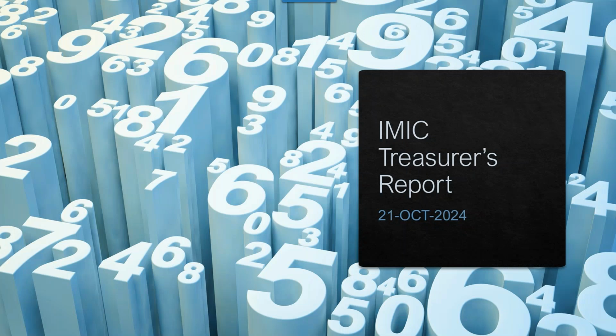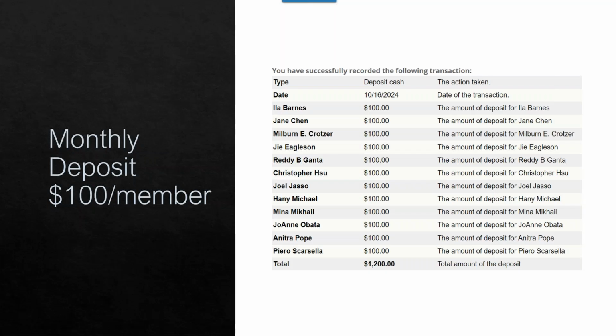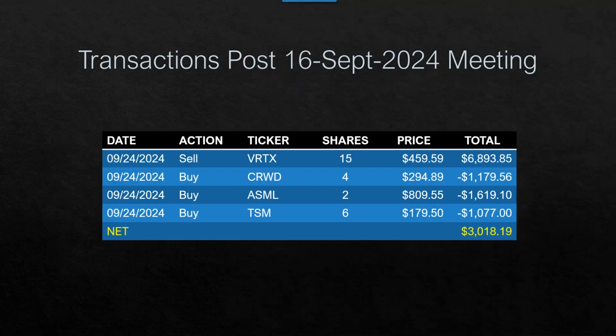Yeah, that looks beautiful. Okay, so this is the treasurer's report for 21st October. Before the meeting, I did the monthly deposits. We deposit $100 for each member, and we have 12 members, so that's $1,200. Some transactions happened after the last meeting. We had taken a vote to sell 15 shares of Vertex, and that netted about $6,900. Then we bought 4 shares of CrowdStrike, 2 shares of ASML, 6 shares of TSM, and all of those were